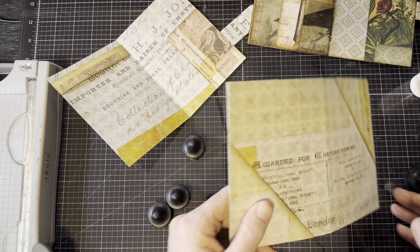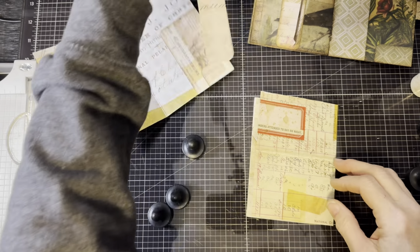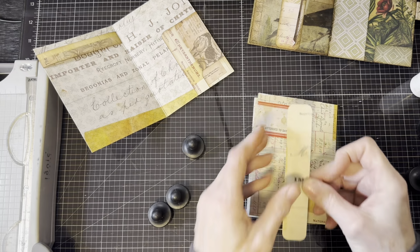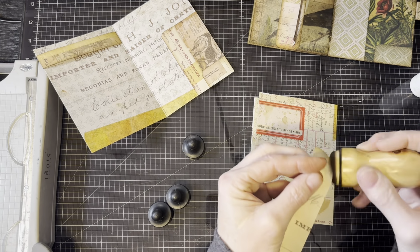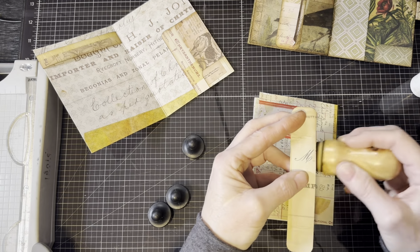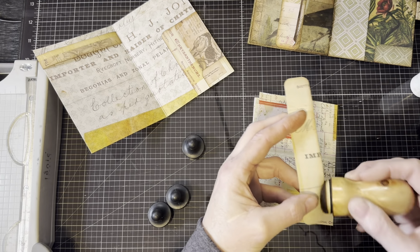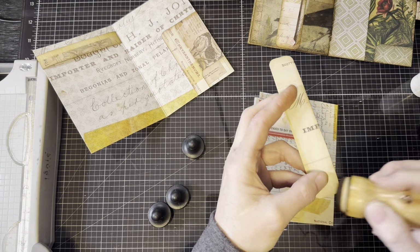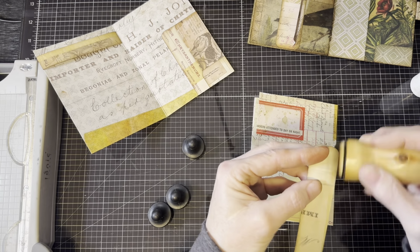And then the last piece that I need to glue is my belly band. And did I do it like that or like that? I decided I think I want it like this because I don't want that belly band to stand out quite that much. Now I can put something else on top of this belly band. I don't have to leave it like this. In fact, you know, a die cut flower or something, one of the long skinny Tim Holtz die cut flowers would probably be a great thing here to take away from